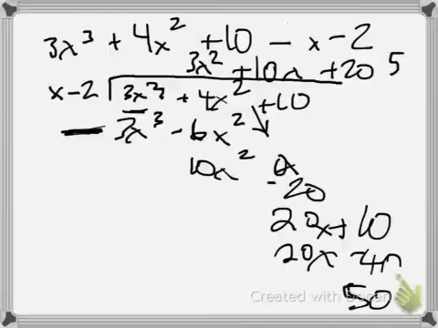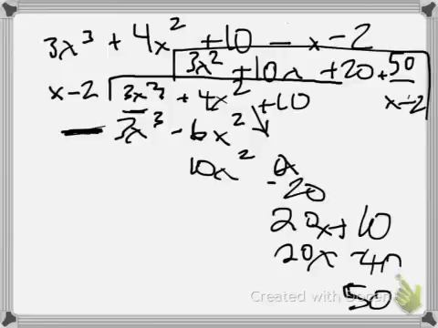So this would be your final answer: 3x squared plus 10x plus 20 plus 50 over x minus 2. So it's really time consuming, but it works, and sometimes it works better than synthetic division. So the thing that I think